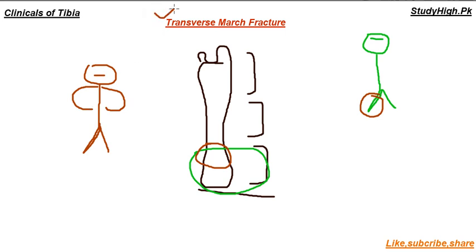So this is not much complicated, but you must know what a transverse march fracture is and what the site of this fracture is. The inferior or lower one third is the commonest site of a transverse march or stress fracture. In what type of patient does it occur? In patients who are not regular athletes, or who started running or walking for a long distance after a long time, it may cause a stress fracture on the inferior one third of the shaft of the tibia, and this patient may feel pain in the anterior side of the tibial bone.